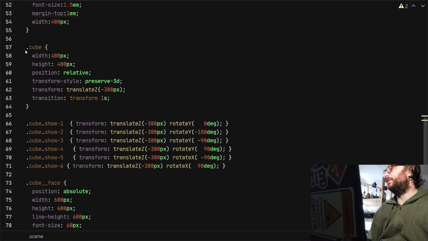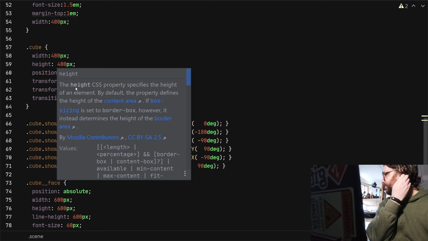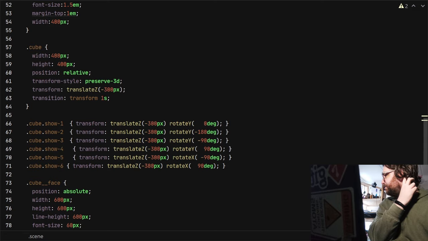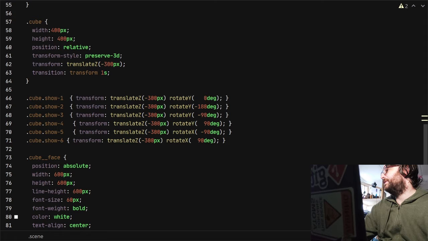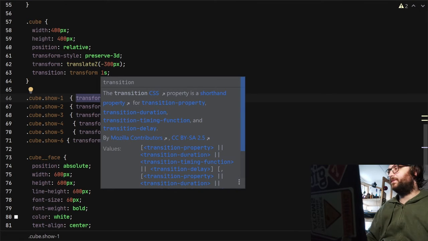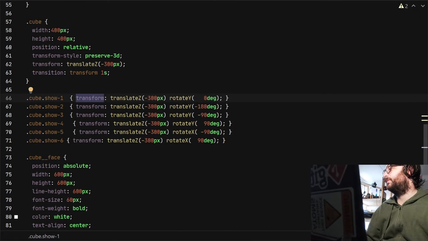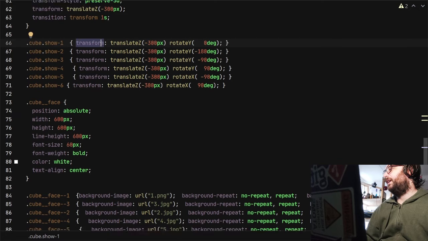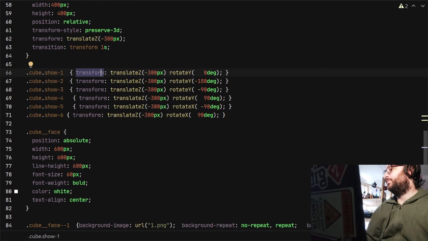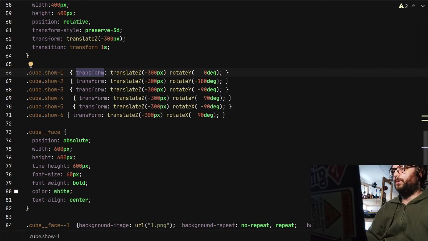The stuff we want to look at here is the cube, width 400, height 400. I've added transform-style: preserve-3d. And then the transition is the transform, 1 second, which is how long it takes to apply that transform. And then the actual animation that shows when